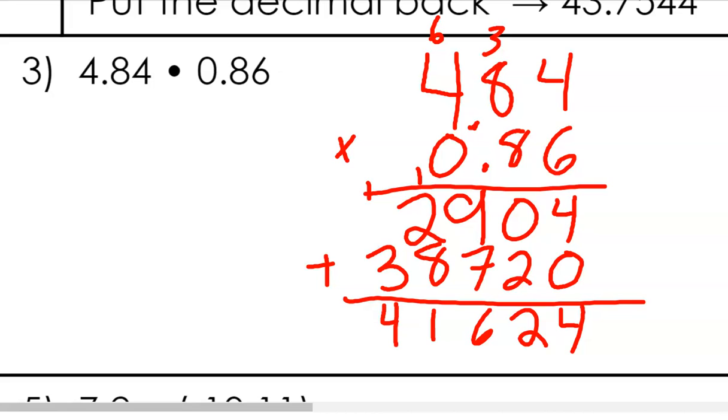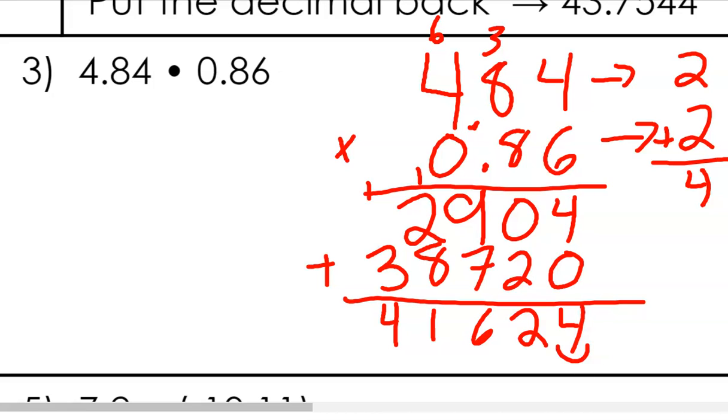So now the last step is to place the decimal. In the first number, there are 2 decimal spaces. The second number, there are also 2 decimal spaces. So the total number of decimal spaces is 4. So our answer is going to have 4 decimal spaces as well. Okay, so here, start from here. 1, 2, 3, 4. So our answer is going to be 4 and